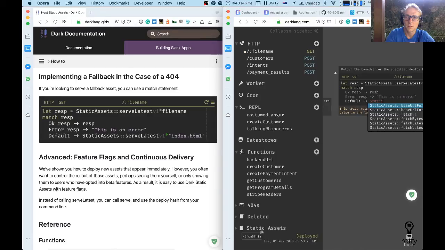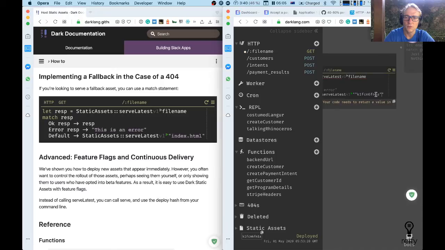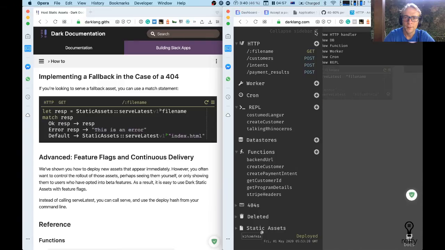Okay, so we can do serve latest and then put not called index.html. We have this crazy name there, so I'm gonna put this crazy name. Okay, so if we now go and say